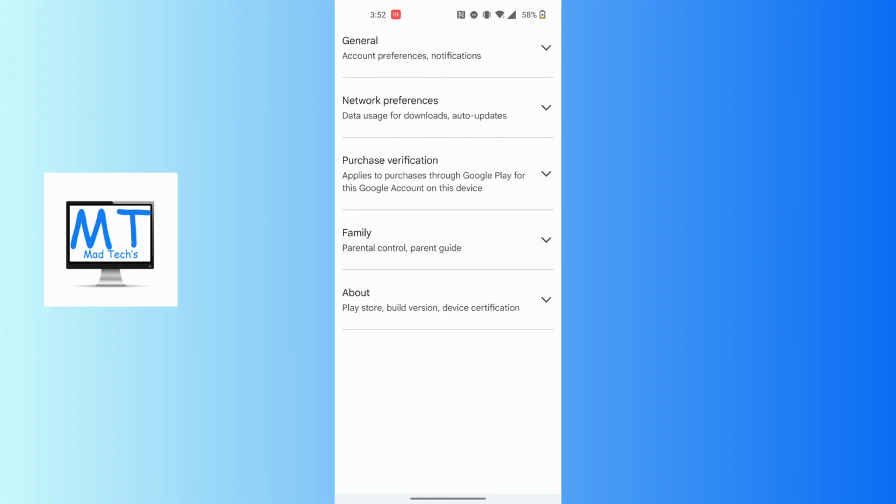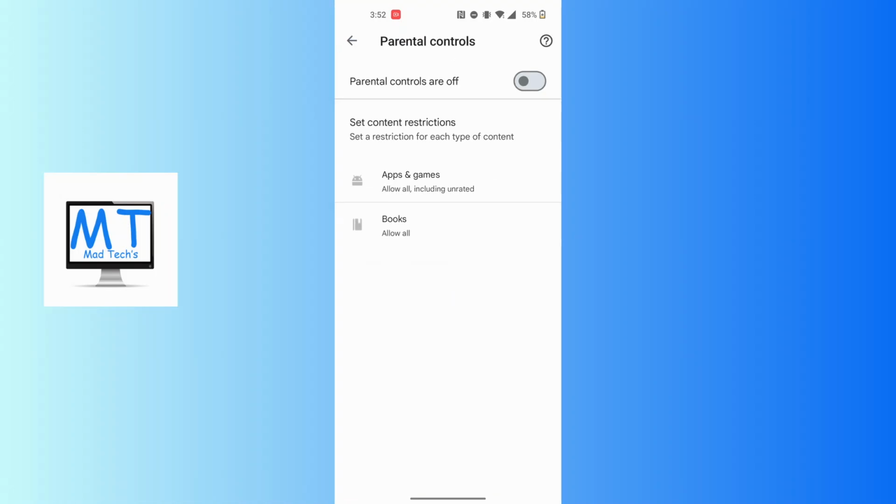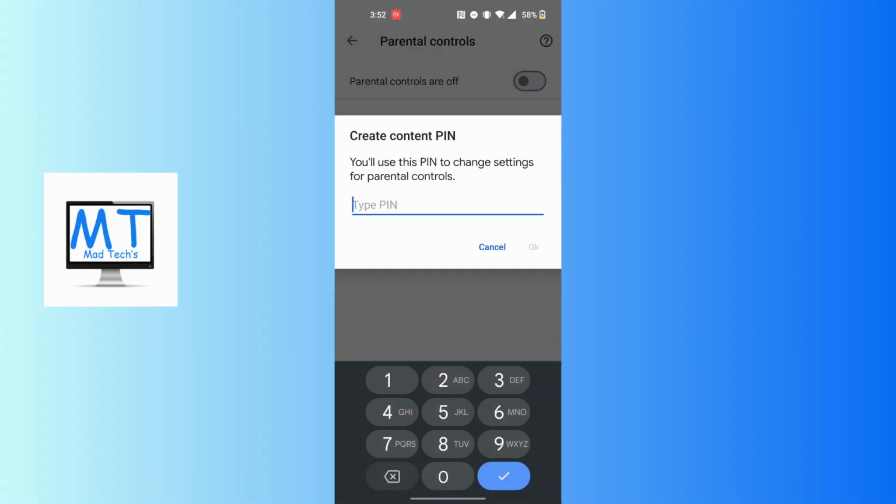see is the family, and where it also says the parental control and the parental guide. Tap on it and you can see the parental controls over here. In order to enable it, again tap on it and you land over here. Now in order to turn on your parental controls, tap on the toggle icon at the right side of this option, or tap on the option itself, and this kind of interface will appear where you will be